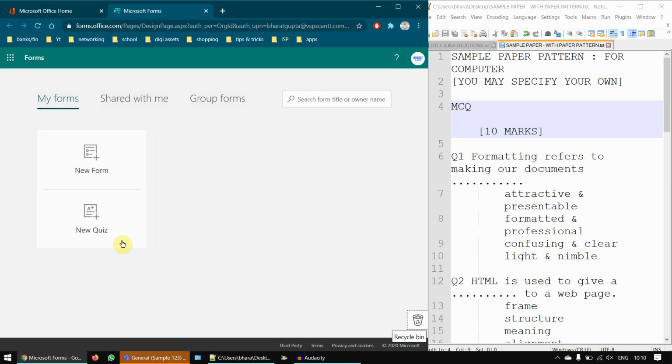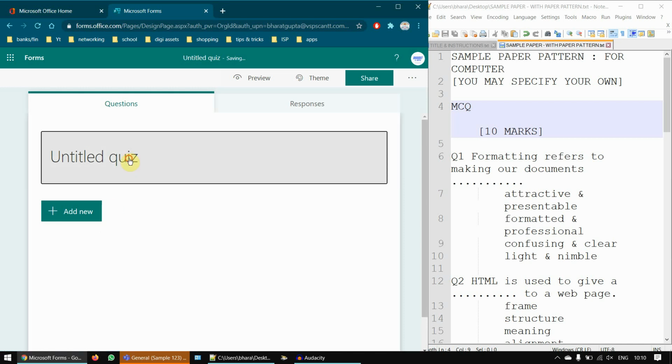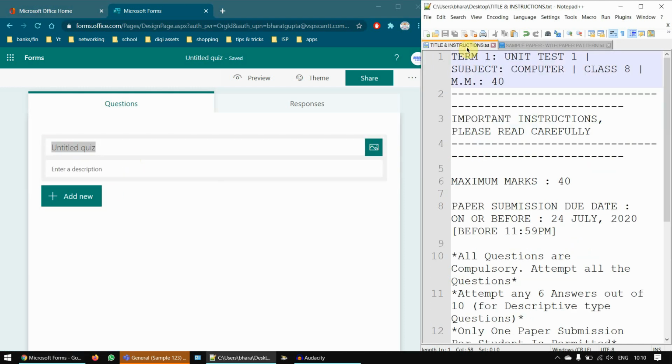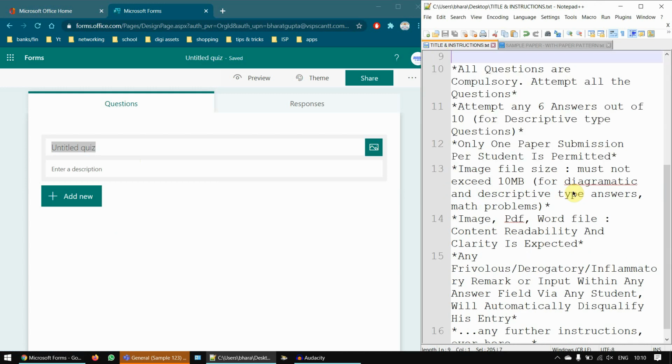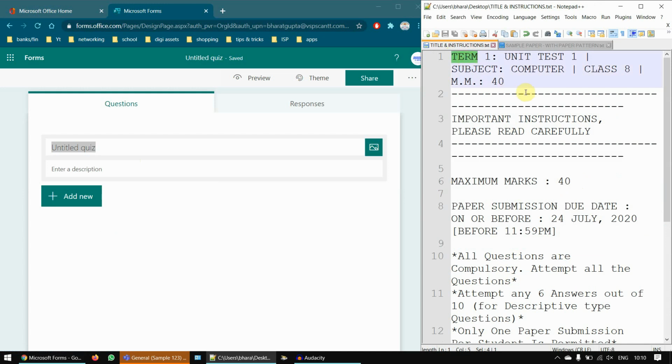students. So for that we need to select this new quiz option and we can title the quiz. So over here in my computer I have adequately laid out my title. I've laid down all the important instructions, and I would advise you all to please do this on your end. So let me copy the title from here